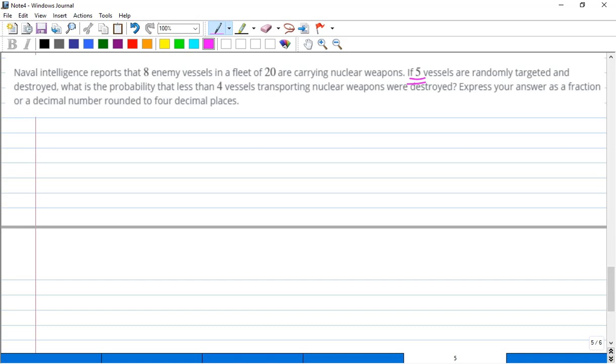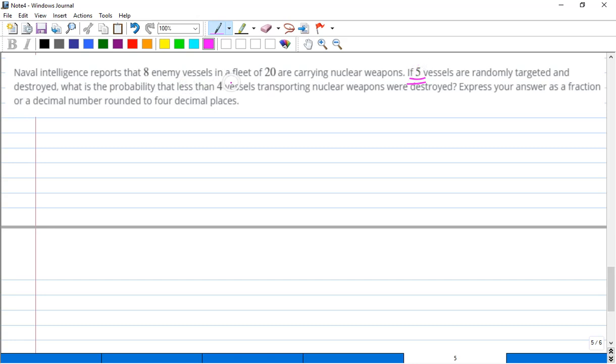So the probability of less than 4 would be the probability of 3 plus the probability of 2 plus the probability of 1 plus the probability of 0. So we would have to work out 4 problems. Now, since we know that they only destroyed 5,